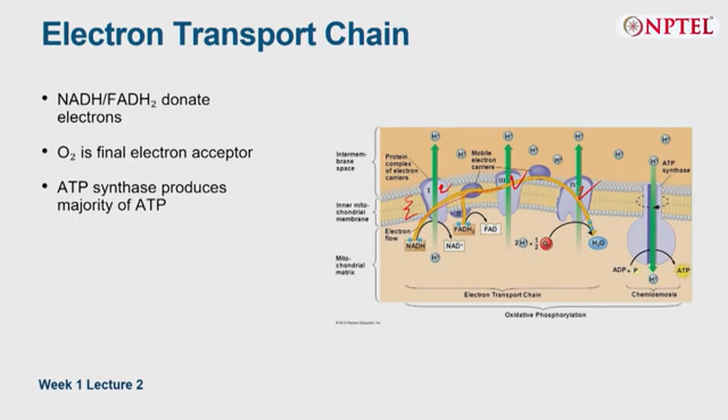So 4 hydrogen ions go outside at the expense of a single electron. So 4, and 2 for 3 pumps. So the 10 hydrogen ions go outside, and once it goes outside, the concentration here is more. Once the concentration in this part is more, that hydrogen again, through the chemiosmotic process, comes back to the matrix,